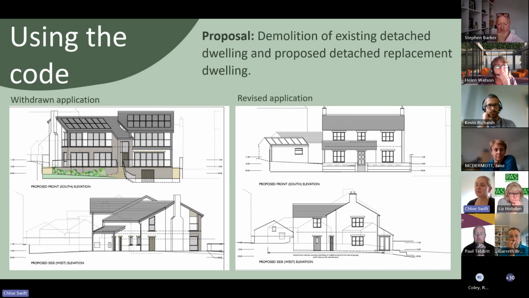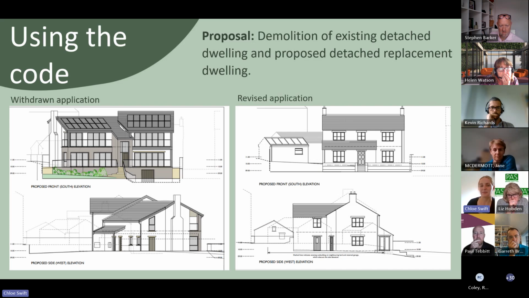This proposal shown on screen is for the demolition of an existing detached dwelling and a proposed replacement dwelling. The first proposal, which was consequently withdrawn, which is this one on the left here, doesn't reflect the principles of the code. The proposal is out of proportion with the rest of the settlement and includes significant glazing.